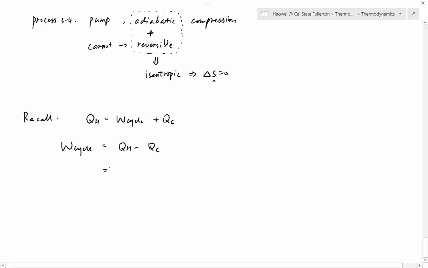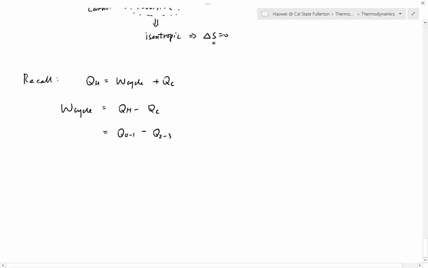QH is the heat you gain in this process. Where do you gain heat? You gain heat in the boiler, and the boiler is 4 to 1, so we change the subscript to 4-1. Minus QC. QC is the heat you lose in this process. Where do you lose heat? The condenser. And the condenser is 2 to 3, so we change the subscript to 2-3. Okay, and now let's continue. We divide every term by mass. So the left-hand side becomes W cycle per unit mass, and the right-hand side becomes Q 4-1 per unit mass minus Q